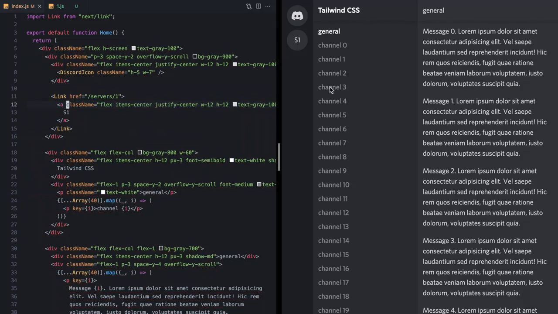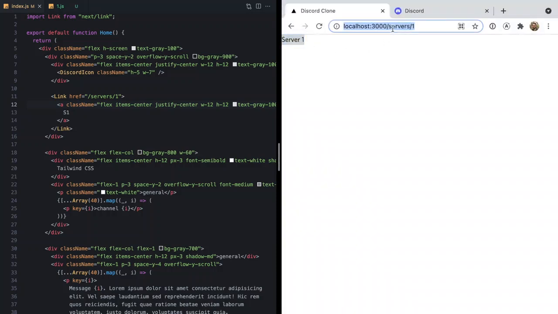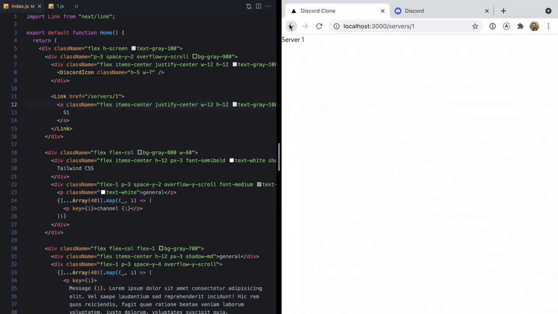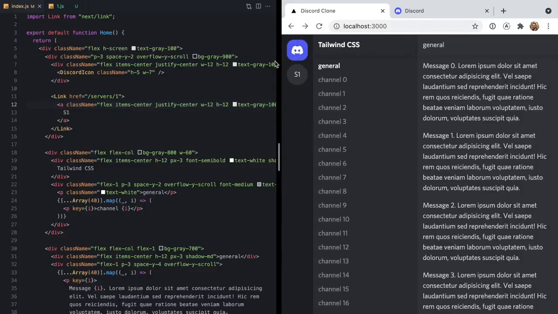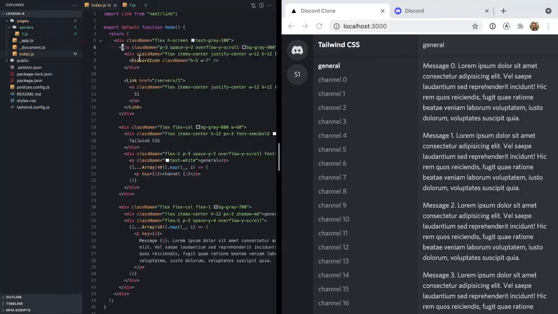And with any luck, we should be able to click this and see our new page. And if we pop open the address bar, we can see here the URL has changed. Now the problem is we've lost our persistent server navigation here. So we actually want to hoist some of our code here to our root app component so that it can